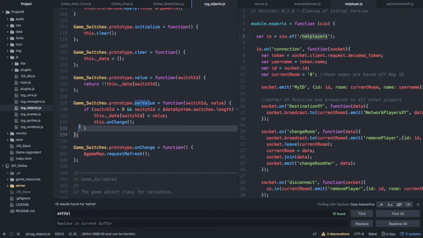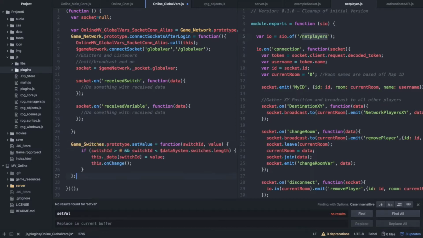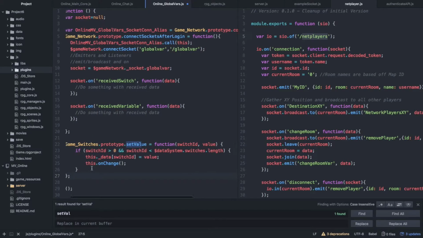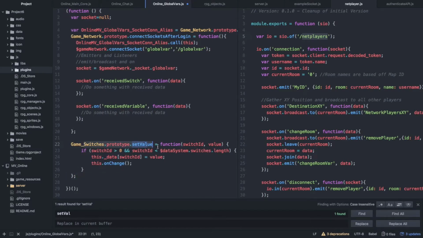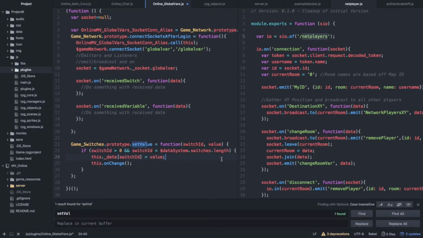Right here. So we're actually gonna copy this. We're gonna paste this right in here. All right, so what do we got going on here? We got set value, switch ID, and value. If switch ID is greater than 0 and less than data system, that's perfectly fine. Switch ID equals value, and then this on change, which, just let me check to make sure it's not doing